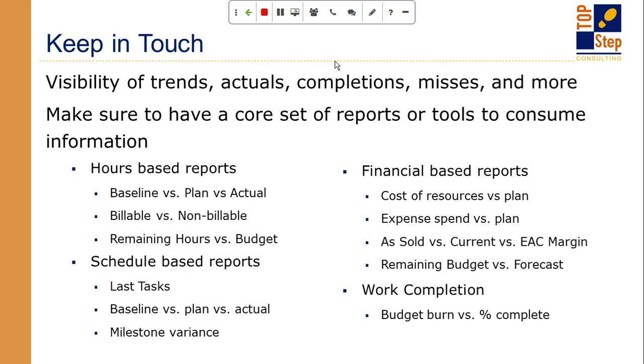So there's hours that you have to deliver, especially when it's a services project: what's the hours that have been estimated, the types of resources that have been estimated. Those hours-based reports tend to be baseline versus plan versus actual. So what did I expect to burn? What am I currently planning to burn? What have I actually burned? And those 3 metrics work together to figure out how we're going to make sure that we're on track with delivery.